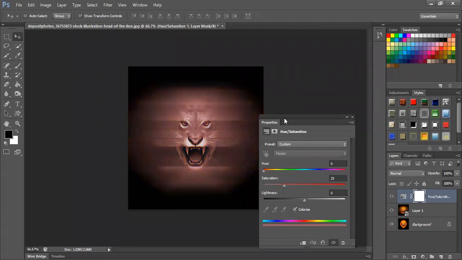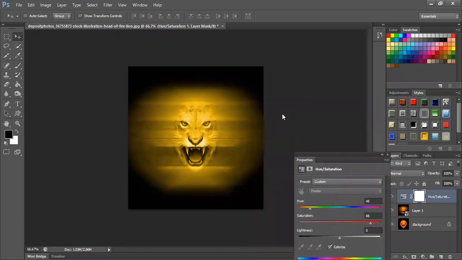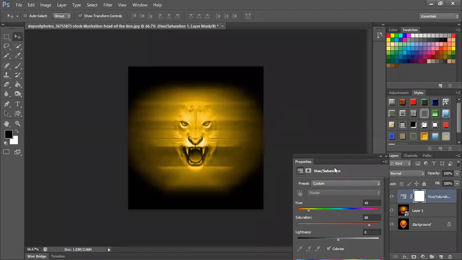Can you see the image has changed? Now choose a perfect color for yourself. You can get to pure colors here. Just choose which color you like for the image. Maybe I can go for a shade like this, or an even purer version of the yellow orange, or maybe I can go for yellow. Okay, so we've made this. Are we clear with this? I went to Hue/Saturation and added a color.